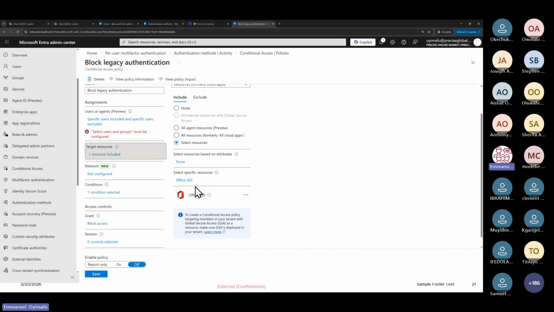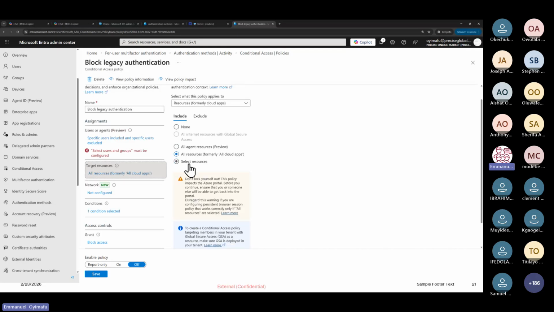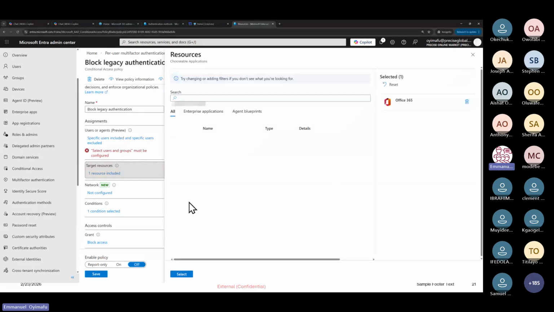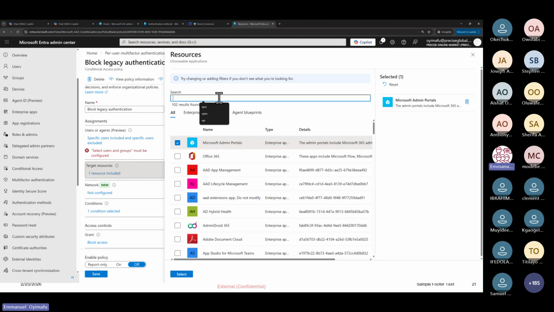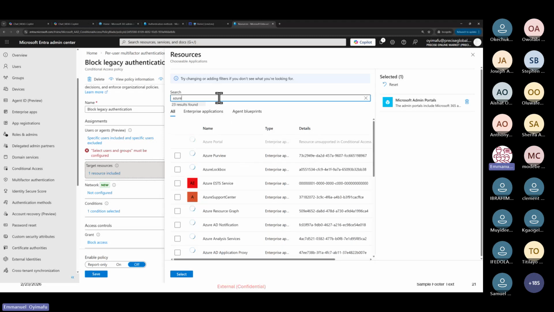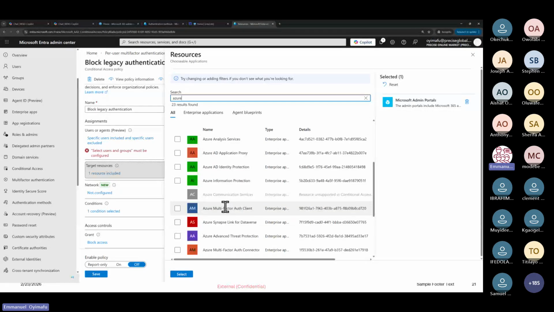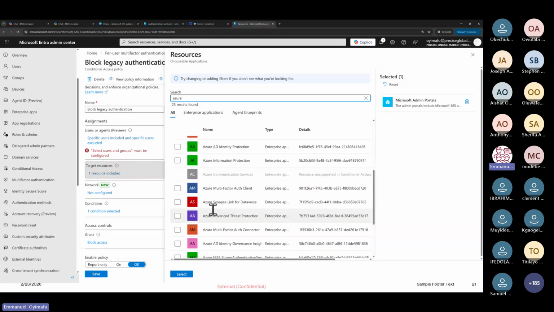So that's for resource. So if we now come to, you can select all resources, but most times if you want to scope it, like the one I was trying to explain, maybe we want to apply the MFA for Azure Portal. So if you want to say, okay, for only Microsoft admin portals, you can select it here. So if we search for Azure now, let's see if we have Azure Portal here. So you can apply the policy to maybe when administrators want to sign into Azure Portal. So you can actually do that.